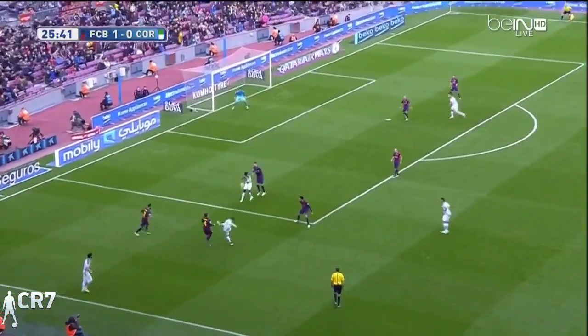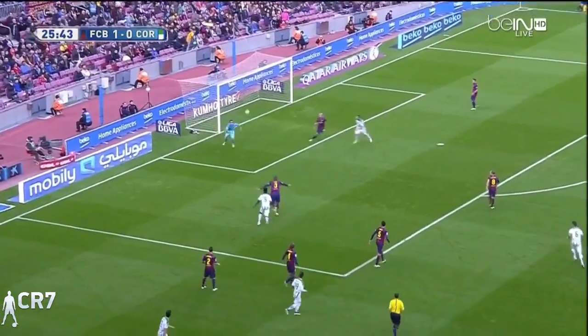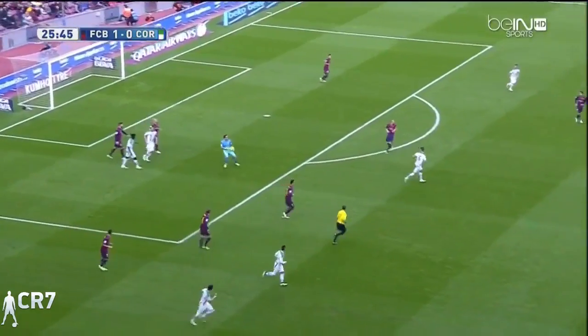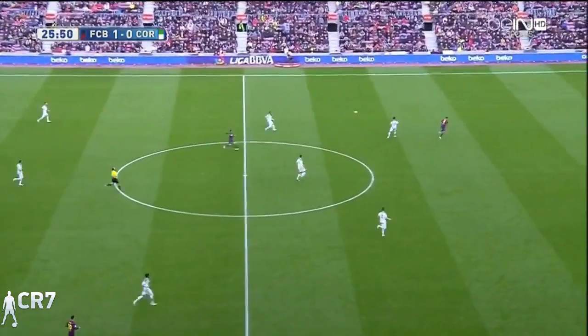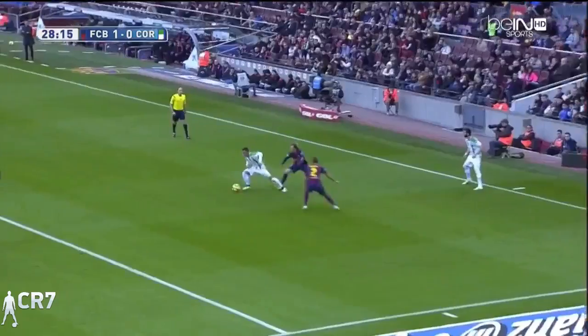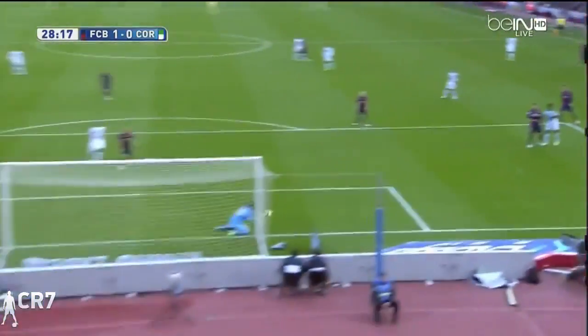Nice turn, Rakitic. Borja's ball in for Claudio Bravo. Needed a second touch to control, and he's done so. No, played out quickly. Shades of his Real Sociedad days now. He was looking for Luis Suarez. It's cut. Here's that snapshot from